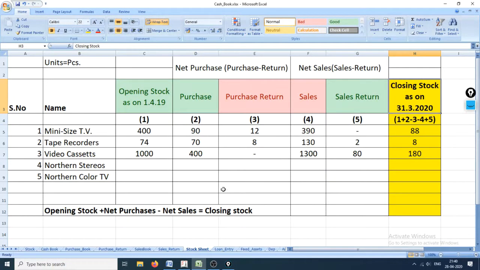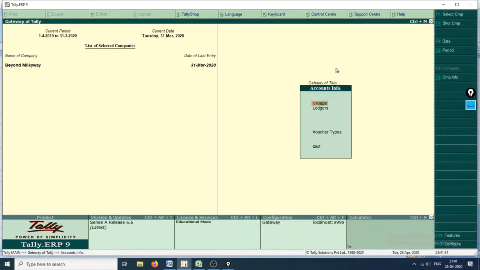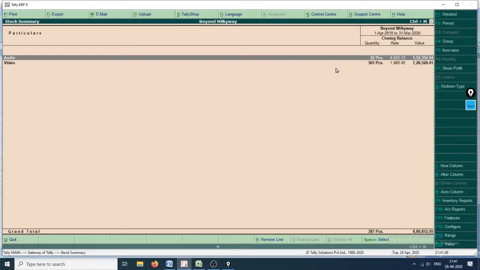So yeah, and let's now see how you can get all these details via Tally. Open your Tally, and this right here is the Gateway of Tally. Go to the sheet which says Stock Summary. S is the hotkey for Stock Summary. I'll just use the navigation buttons to go here because we are not going to see Stock Summary much.